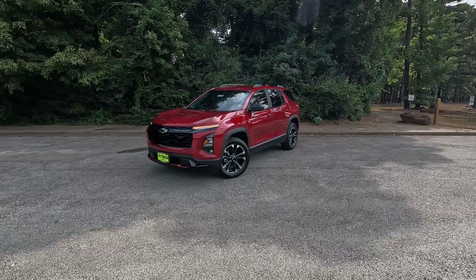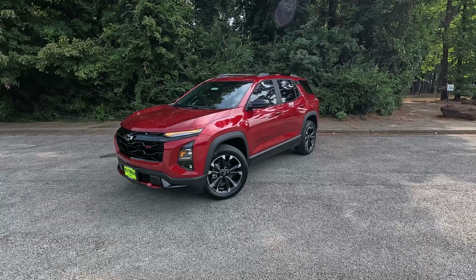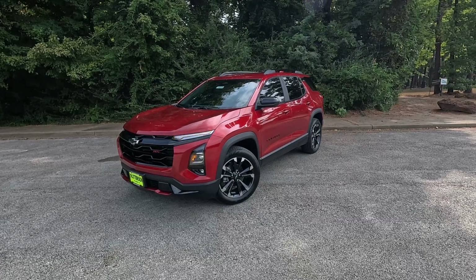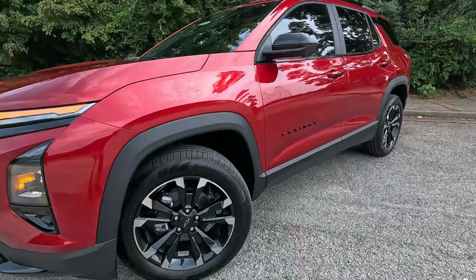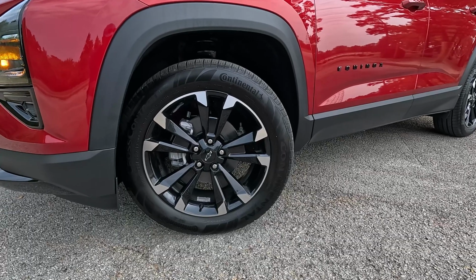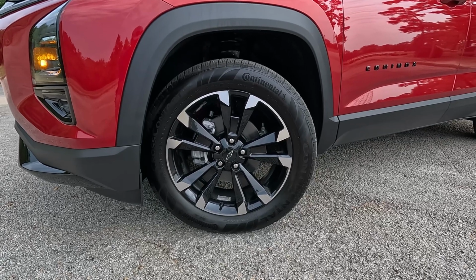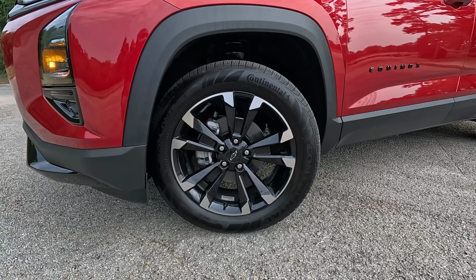Everybody wants that kind of burly, rugged look, and it translates even here on this RS model, which really is aimed more at on-road, where the active model has a little more of an off-road flair. Speaking of on-road, off-road, yes, the wheels and tires definitely give off that this is not the off-road version. These are 19-inch black and machine-faced wheels that look very sharp and show off those disc brakes back behind very